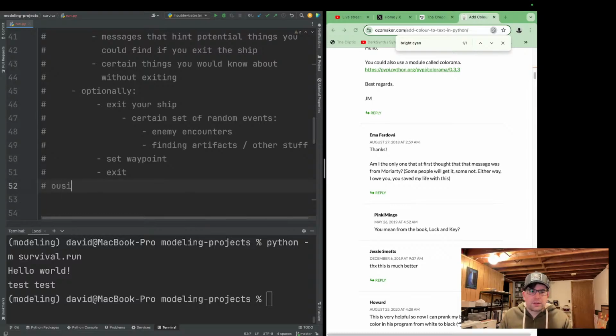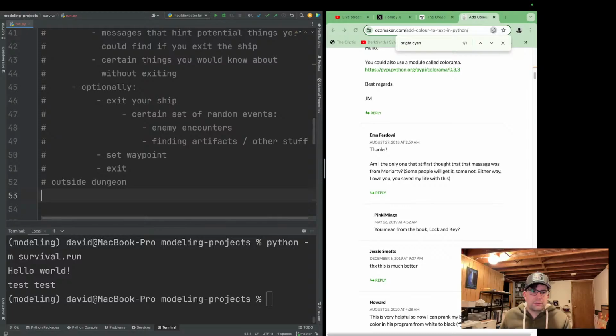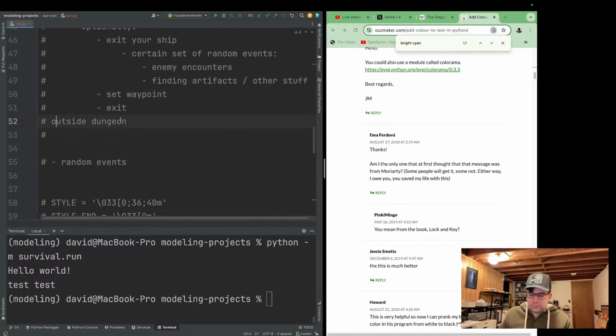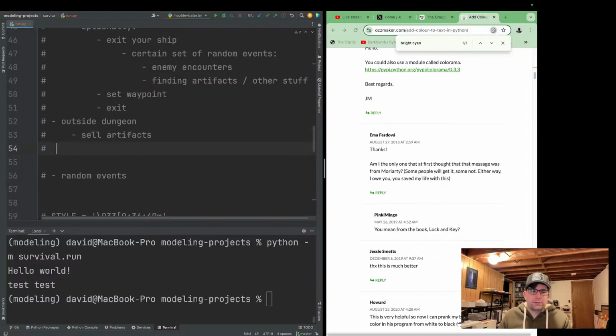And then outside the dungeon, you could sell artifacts. You could talk to people, maybe, not sure what that would entail.